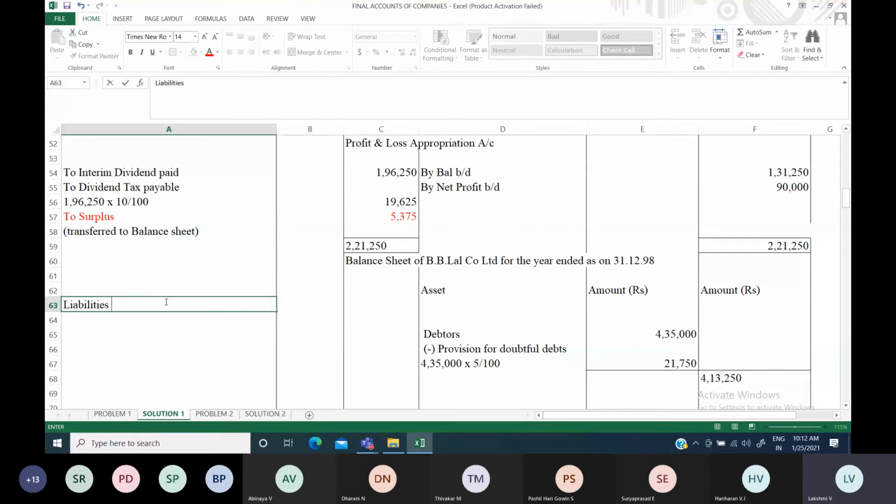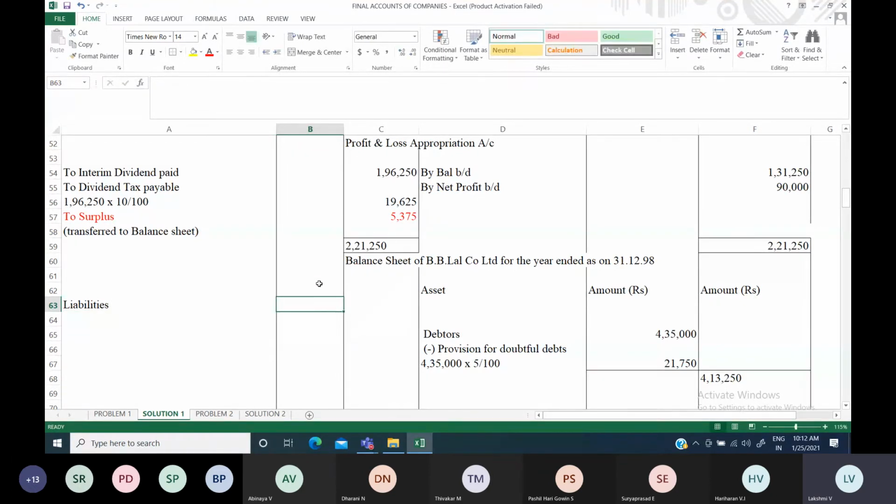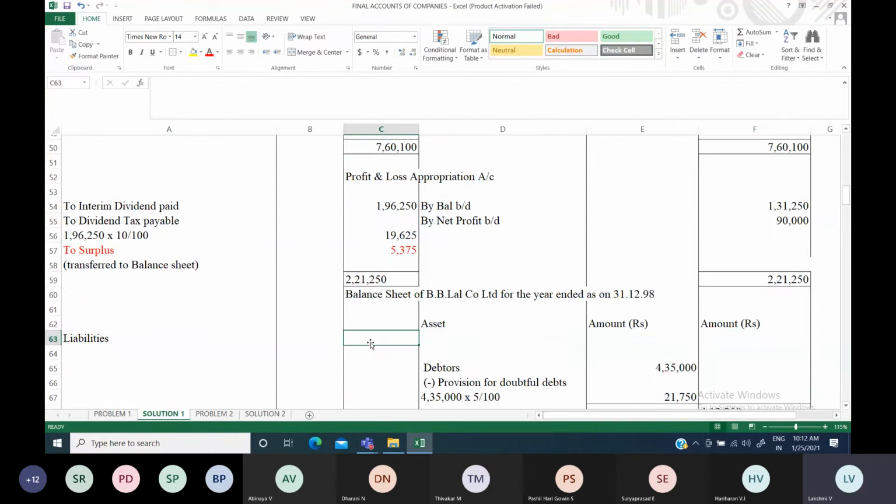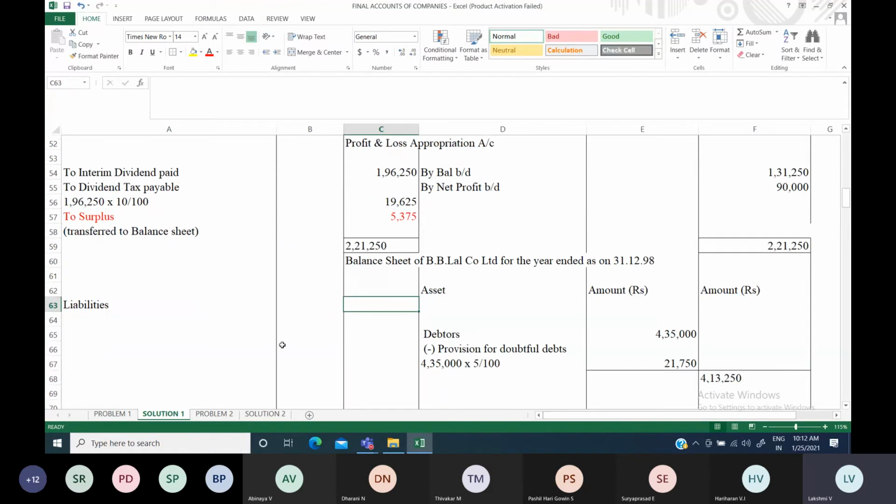We can go to the balance sheet now. Since we have prepared a profit and loss appropriation, that has been got over. Now moving to the balance sheet, already we've opened and kept it because for debtors we have opened and kept. So I will just include the format, liability side and asset side. Only two sides we have. So one is the liabilities and the other one is assets actually. Okay. So all those details you just enter. Liabilities, amount, rupees, all those things you just enter.